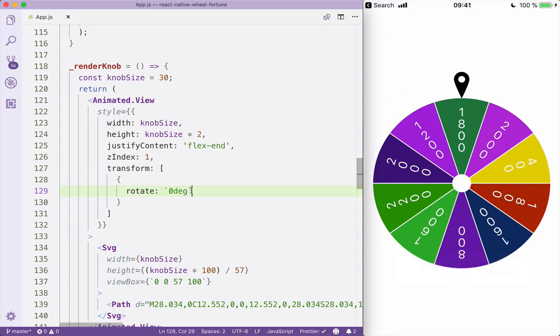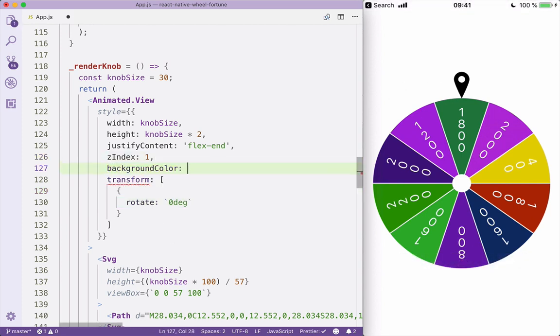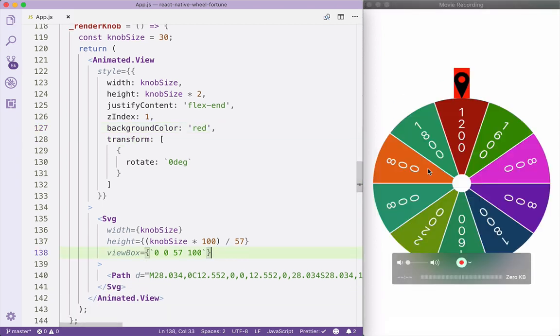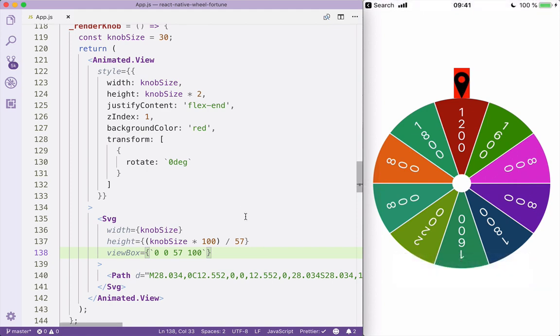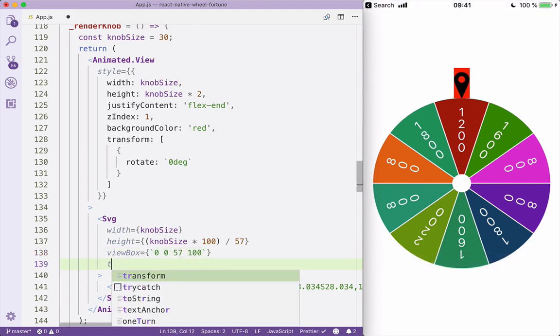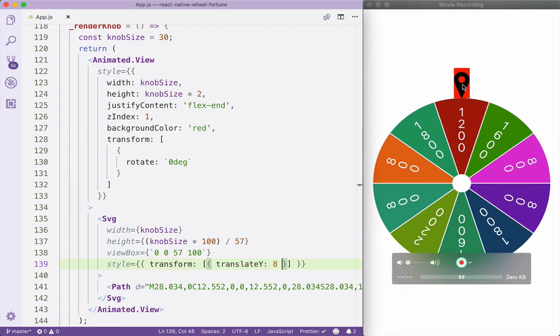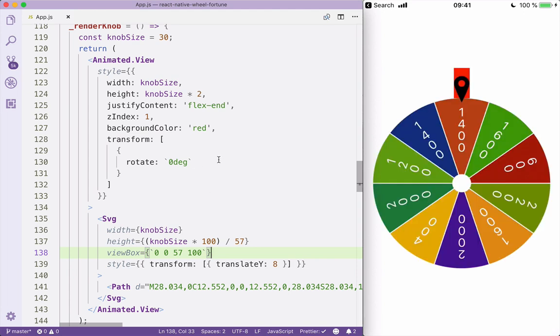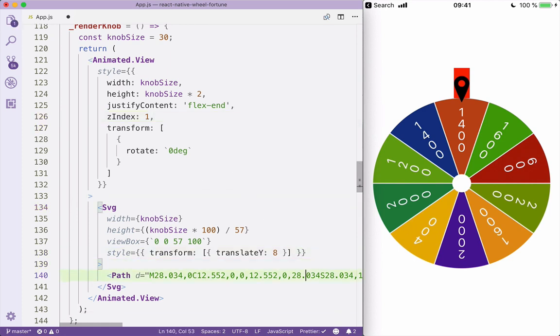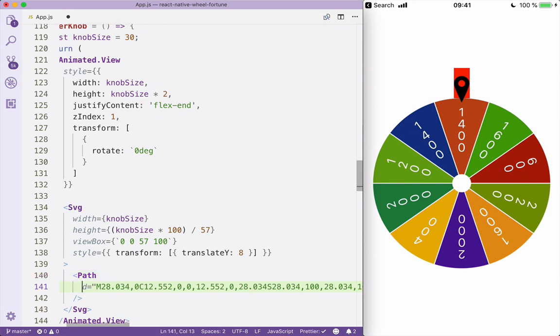But first ensure that everything is looking properly, and so if we add a background red here, for example, we will see that we need to move this down a little. So we will apply a transform, and here we will say translate let's say 8, maybe, to be like in the middle. Now it's almost in the center, and we can remove the background